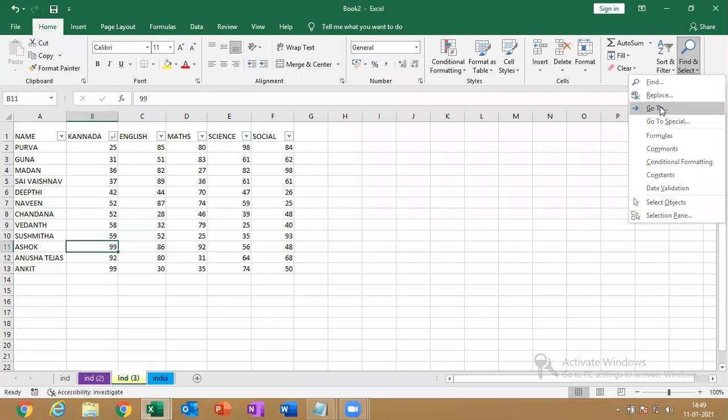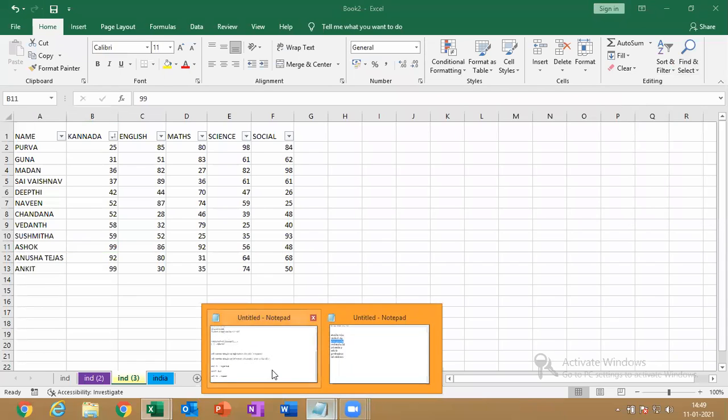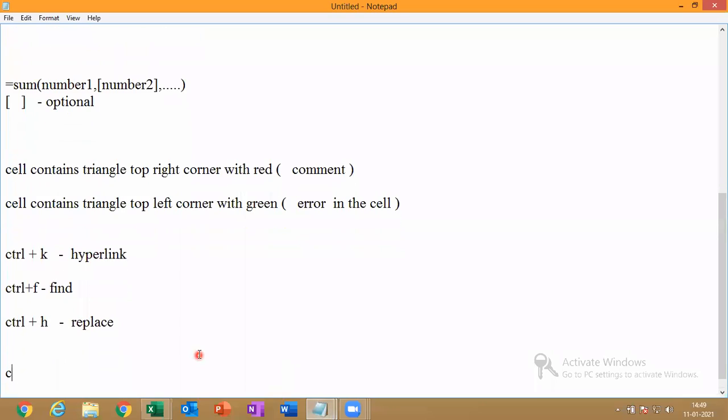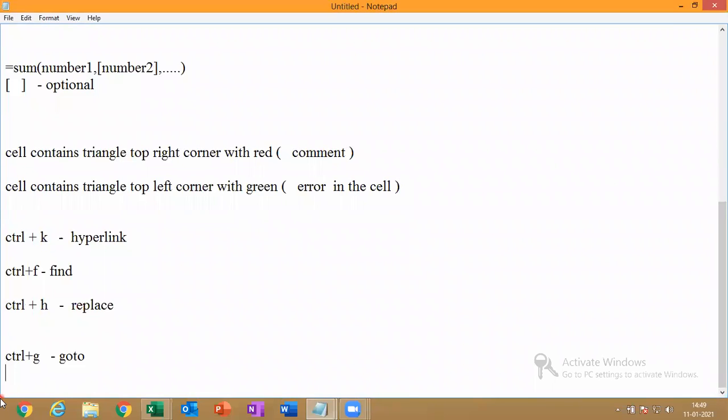Next, go to. Control plus G is the shortcut key for Go To. Control plus F is for find. Control plus H is for replace. Control G is for go to.